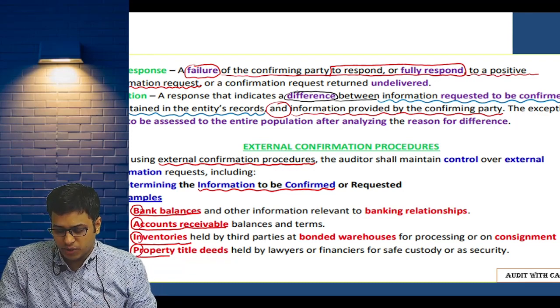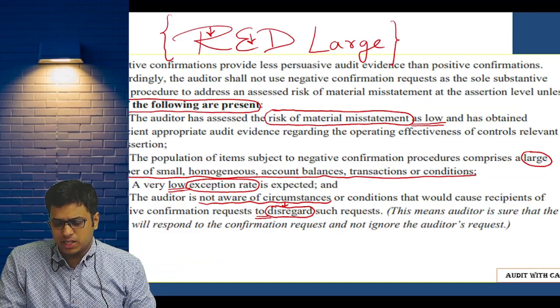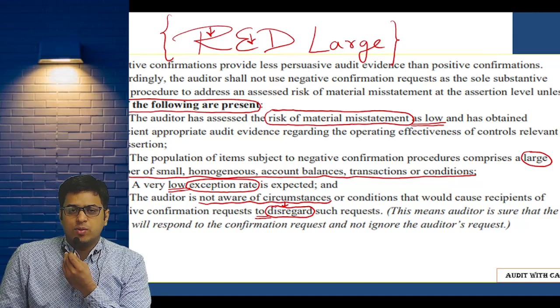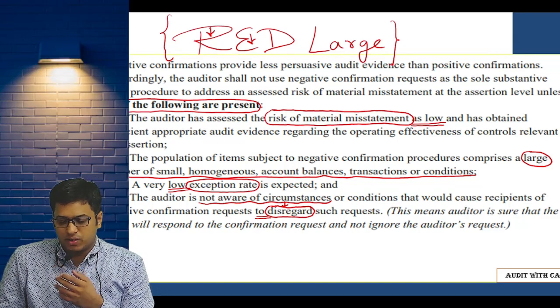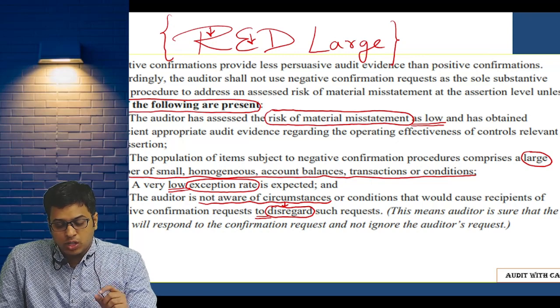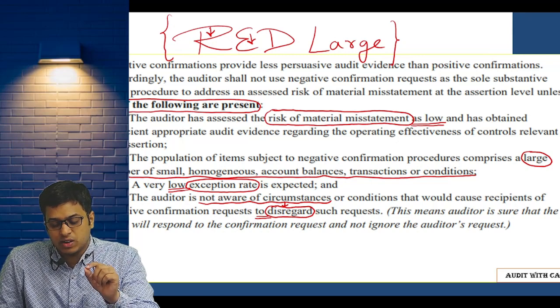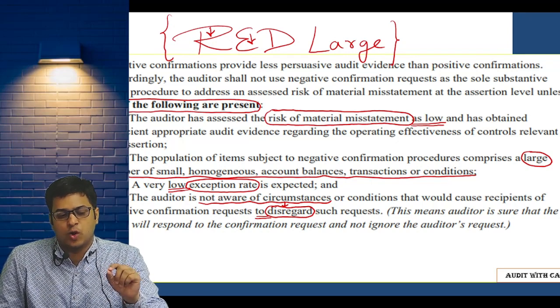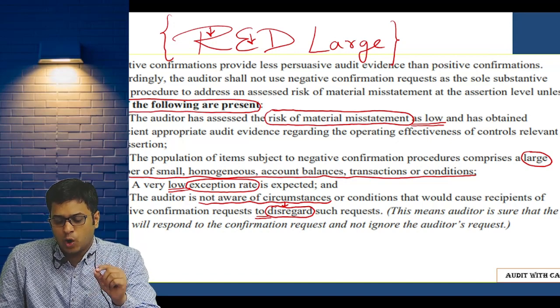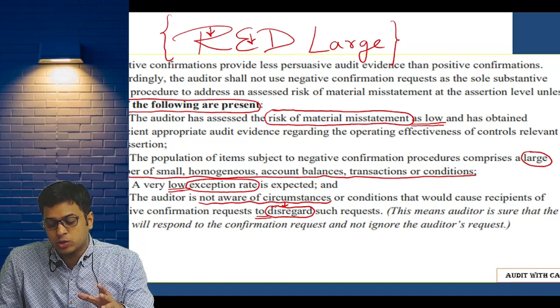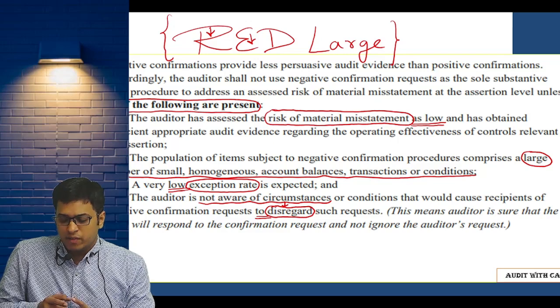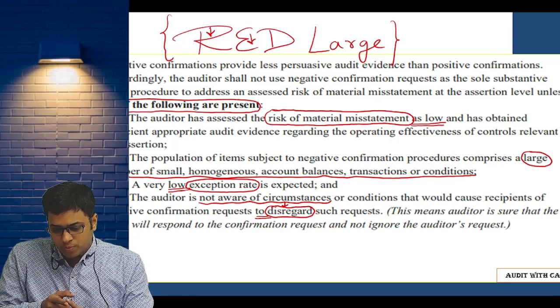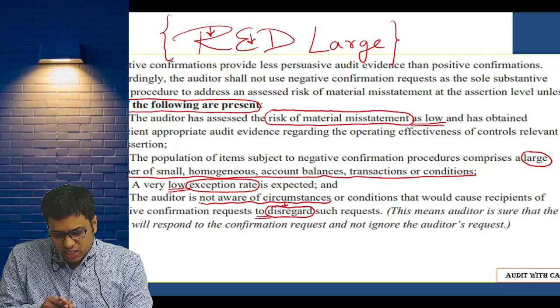Let's go further. Now we'll just complete this small answer here. So negative confirmation request, the auditor will confirm in which situations. The point is, you must underline a keyword: all of the following should be present. All of the following conditions should be present, not only one, all should be present. First, when the risk of material misstatement is assessed as low, when the exception rate is assessed as low,